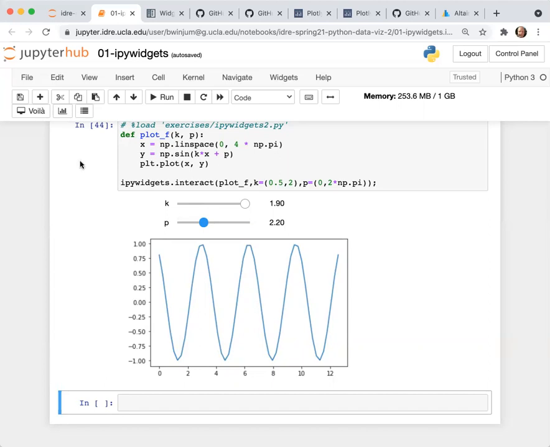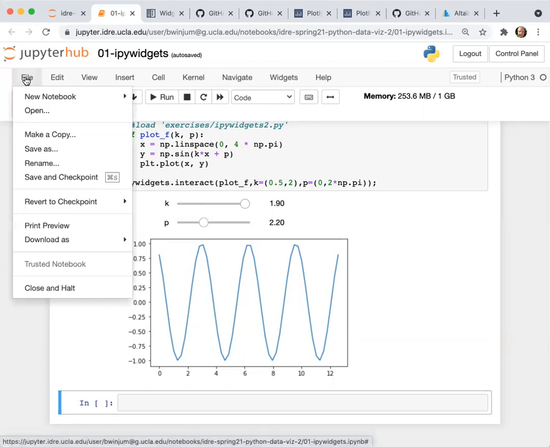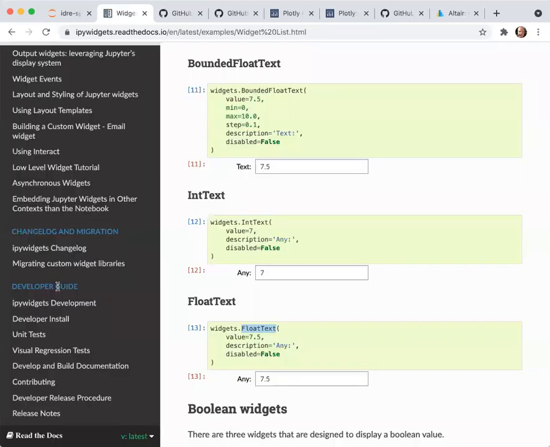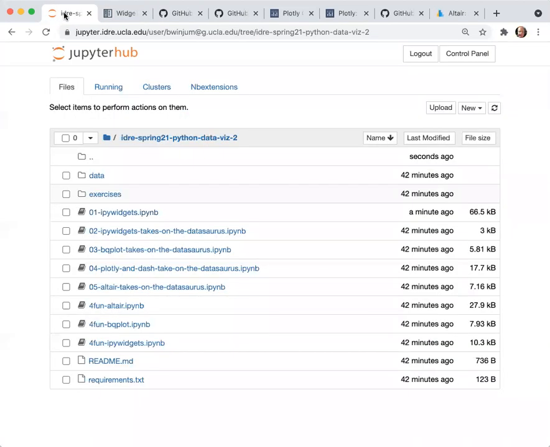All right, so that's the end of this notebook. If you're following along, I recommend that you explicitly close and halt this notebook just so that there's only a finite amount of memory that's available to each user in this environment. We won't really push the bounds, but just to be on the safe side.